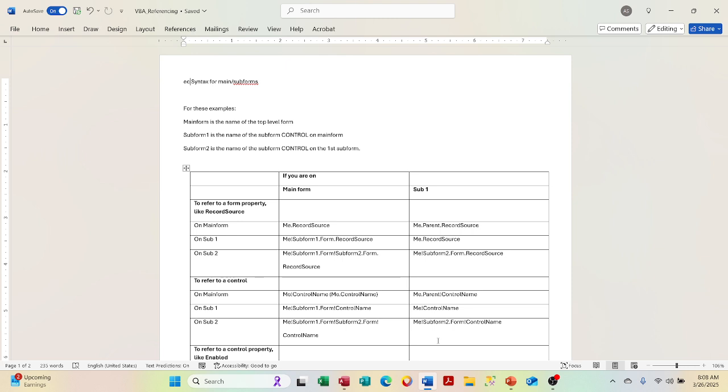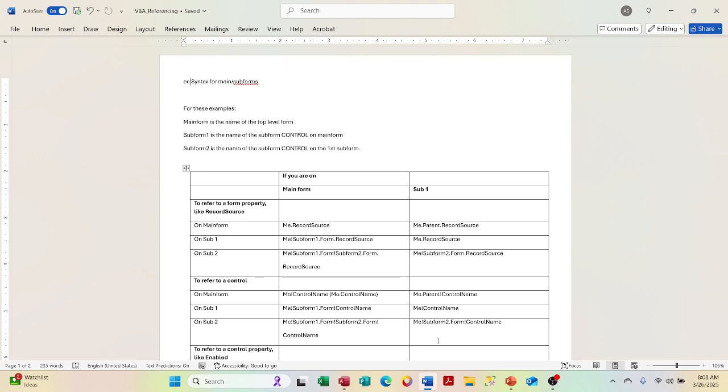Now this also implies, by the way, that I have a subform within a subform, which I've always said is a big no-no. I don't think you'll need to worry about any of this. But if you ever have a subform and a subform, you can only do it really once. It's just too complicated to go beyond that. So it's me subform 1 dot form, right? With not a period there, but a bang again,